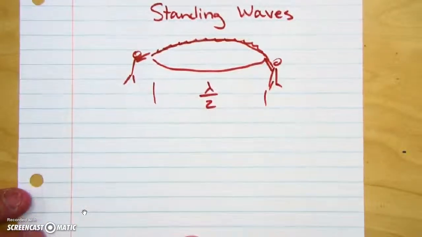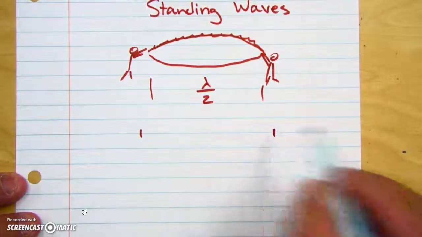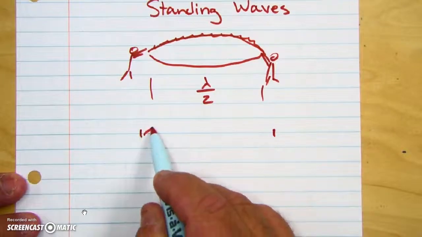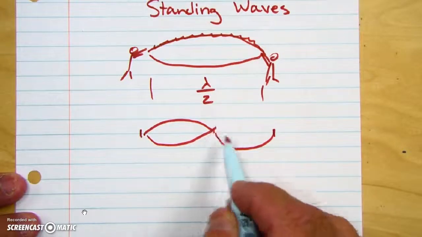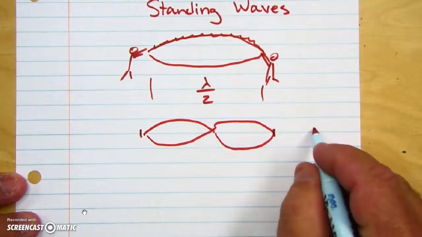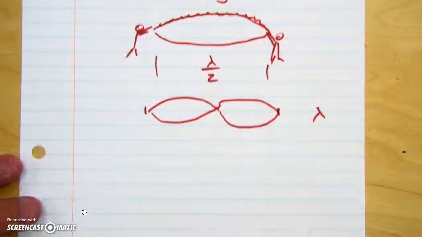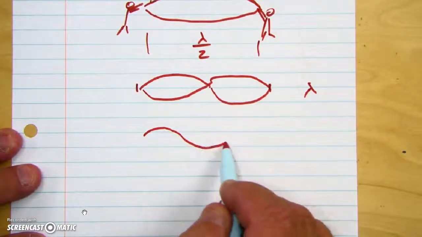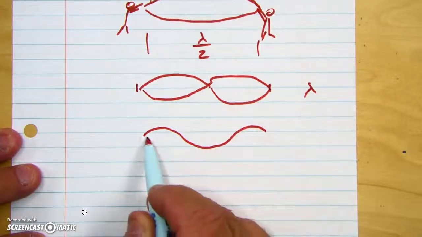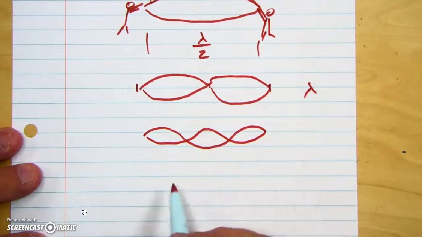Now, if they shake it with a greater frequency, so my people are still here, if they shake it with a greater frequency, they could get this. And that would represent a full wavelength there. If they shake it even faster, they could get this. Like that. If they shake it even faster,